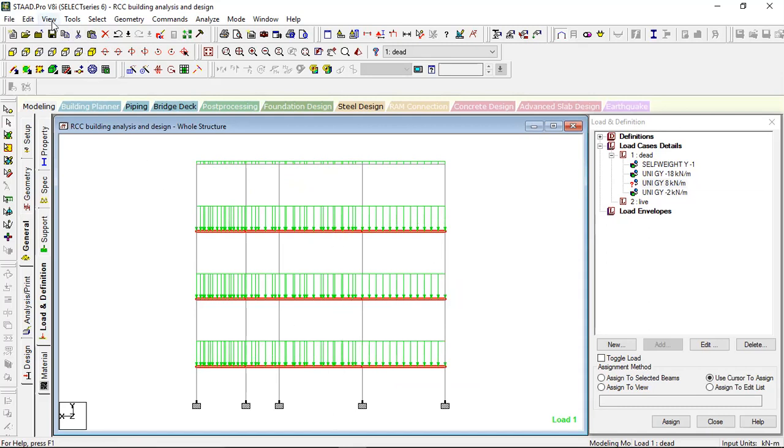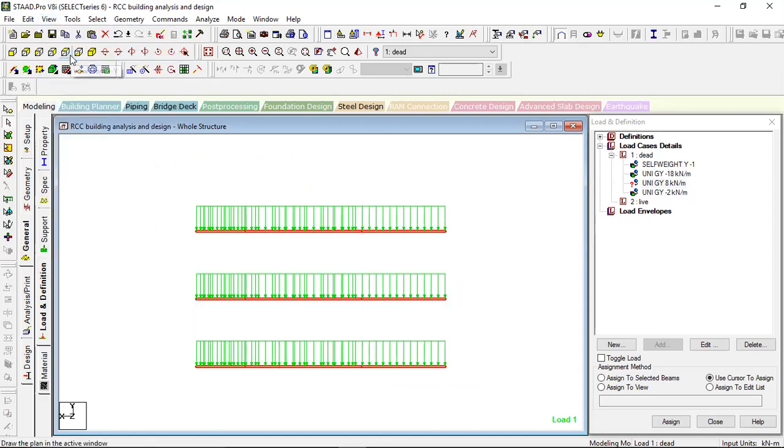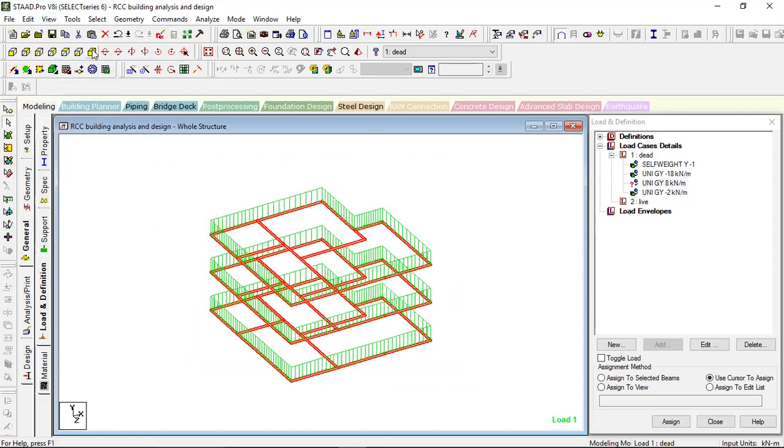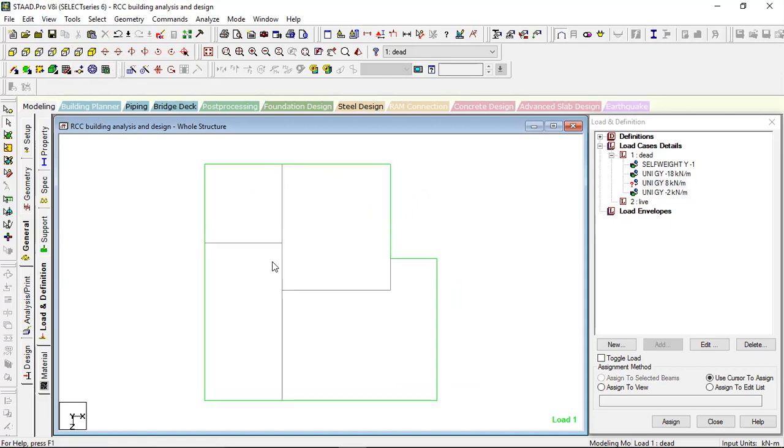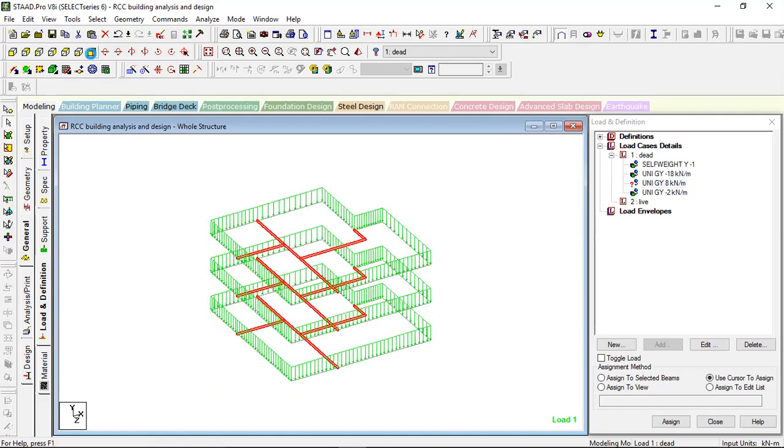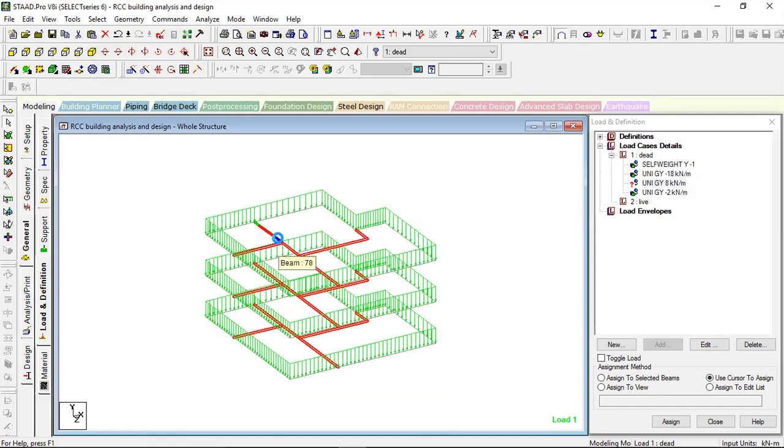Now go to view, view selected objects only, view it in isometric, view it from top. Now I have to select only the internal walls using the control button. Like this.